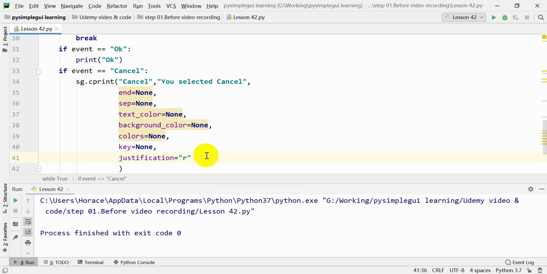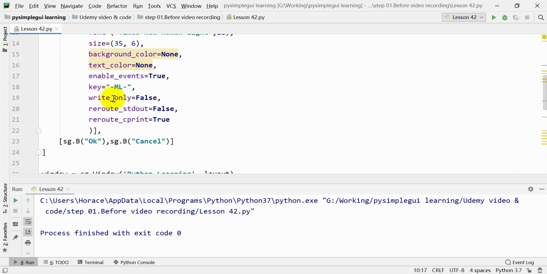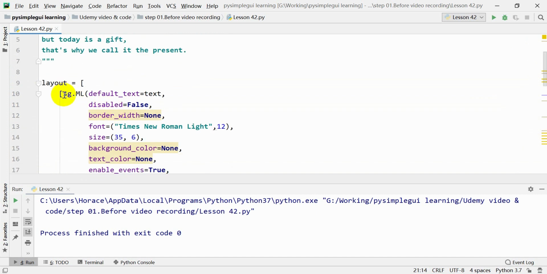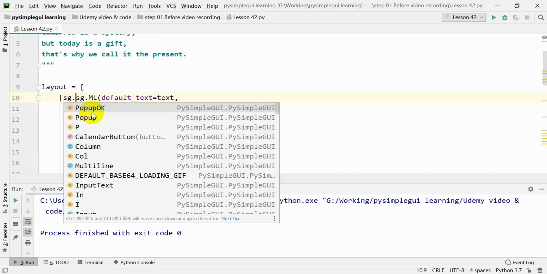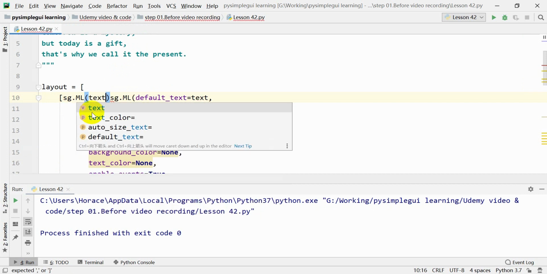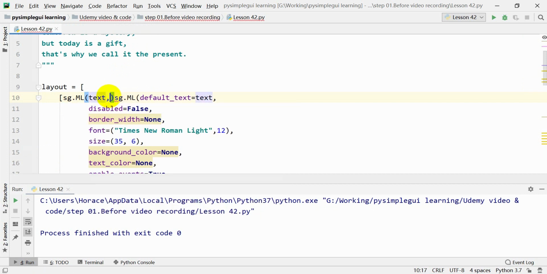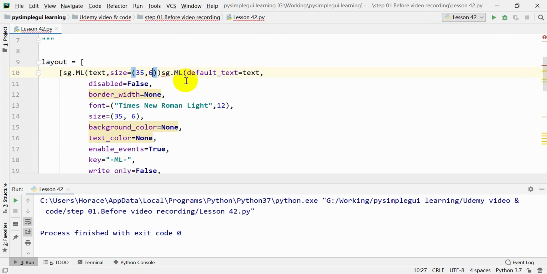Now you might be wondering, how does all of this cprint go directly into this multi-line? So you might remember we wrote reroute cprint here, so that's what tells the cprint to be rerouted. So let's say we have two more multi-line in front of and behind this one. Which one would it go into? So let's put in the same things like text, and then the same size, 35:6, and let's give this a separate key. Let's call this